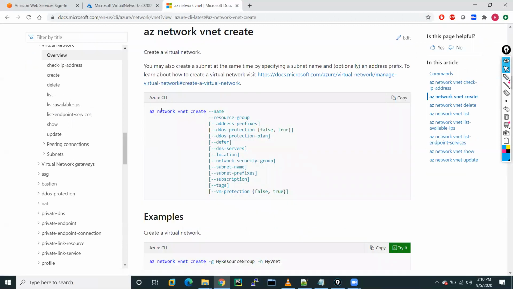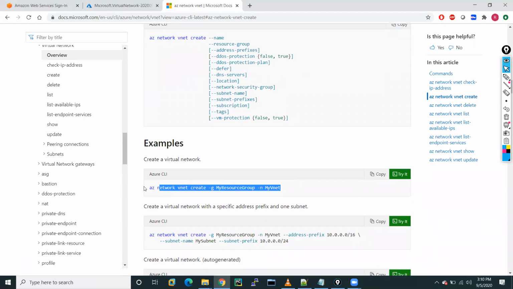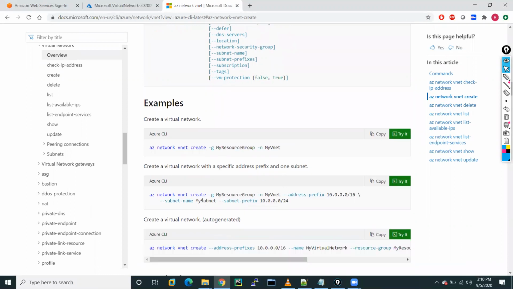Here you will get the options you need to use, and an example. This is the basic command you can use to create it. After that you can also use this command, which will also create your address space along with the subnets.